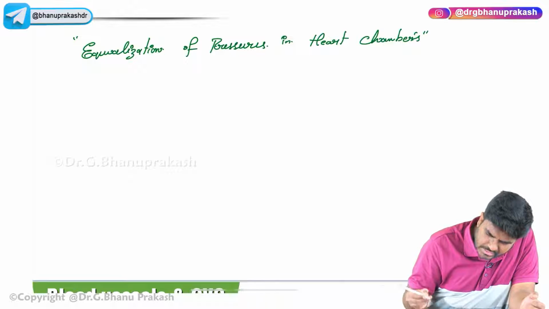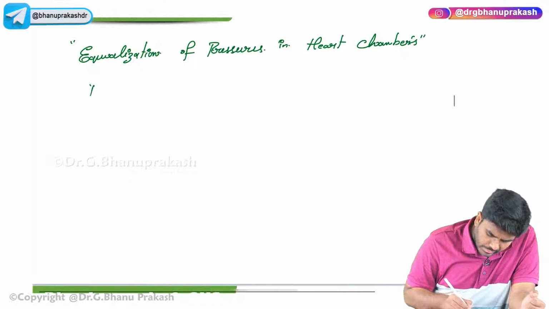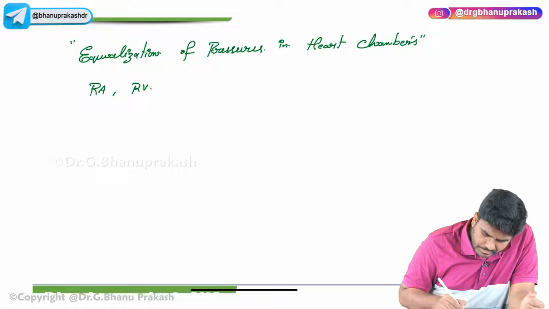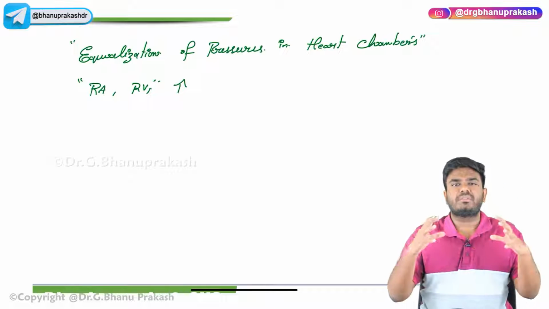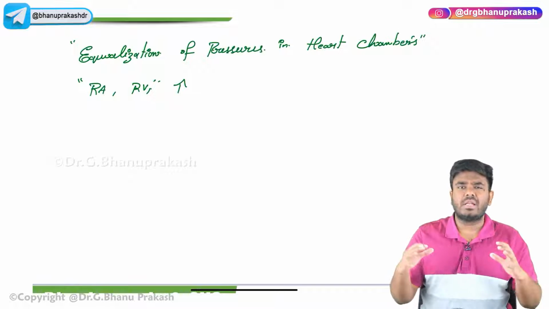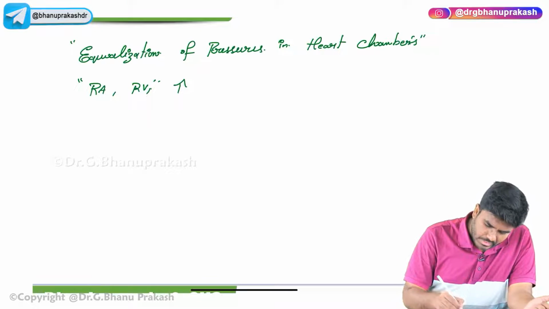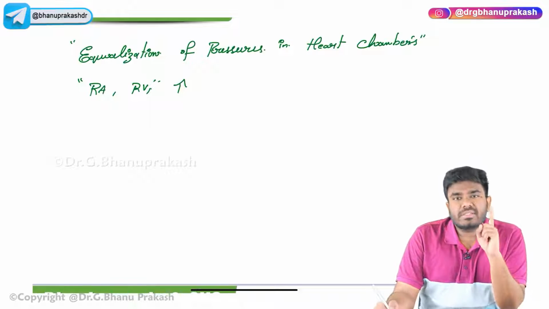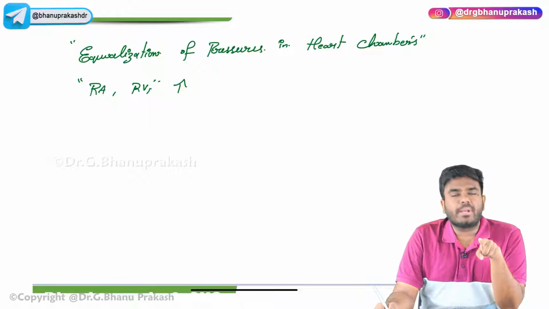Equalization of the heart chamber pressures, and that too right atrial pressure and right ventricular pressure. All these pressures are going to be elevated because of compression from outside. Not only the right side, the left side also, all the pressures are going to be elevated. Now, remember, when I discuss a topic called cardiac tamponade,